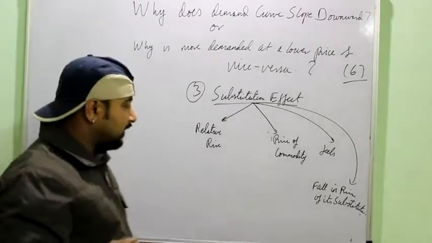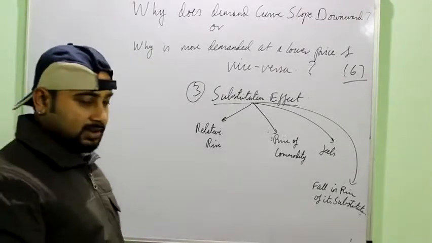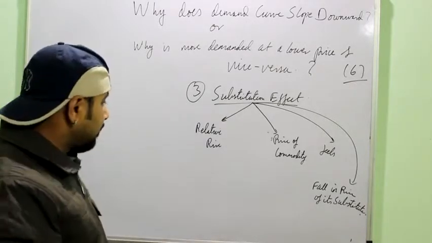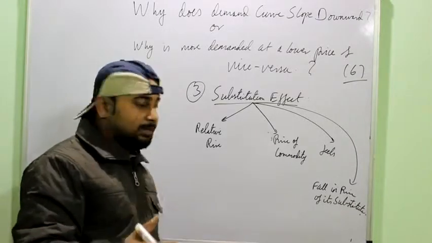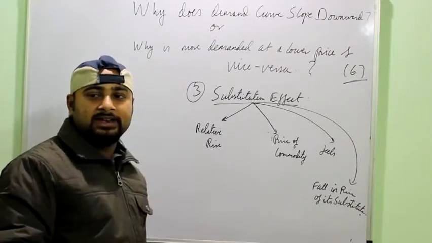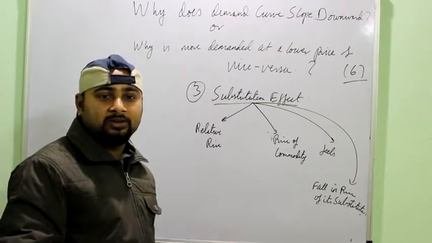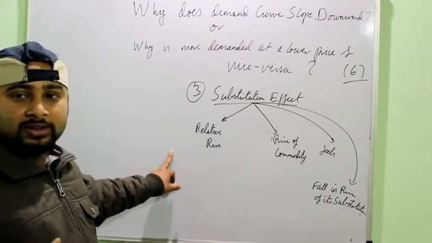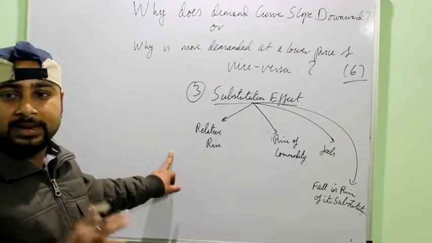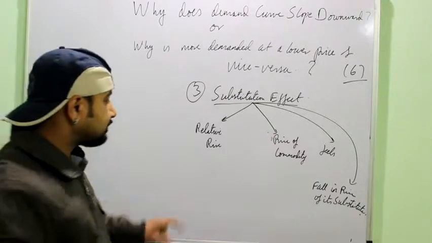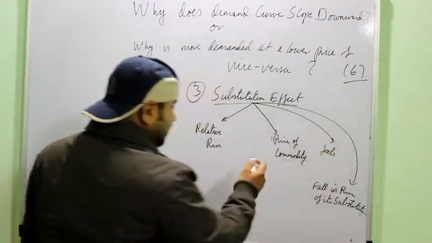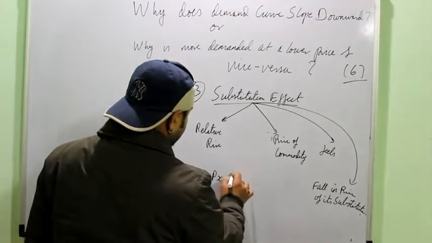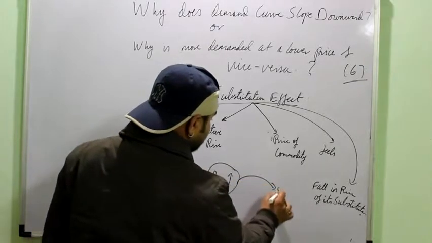For example, suppose you are consuming Coke and its substitute Pepsi also costs the same price, say 20 rupees. For you both are equal, but suppose now the price of Pepsi falls to 18. Then you might think of consuming Pepsi because you will feel that now Coke is relatively expensive, though the price of Coke has not changed, right? So this again proves that if the price of a commodity rises, the consumer will shift over to the substitute good.